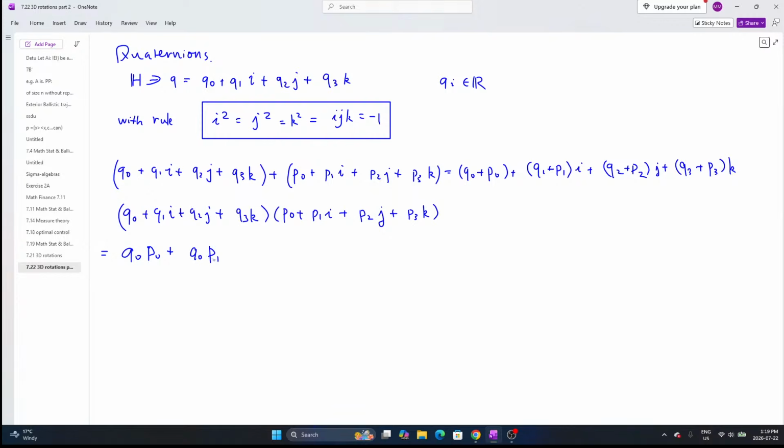So it should be 16 terms. Q0 P1 i plus Q0 P2 j plus Q0 P3 k, and then plus Q1 i P0 plus